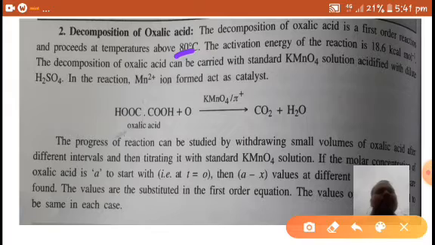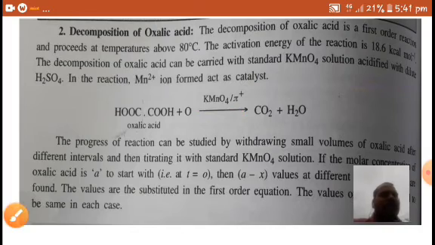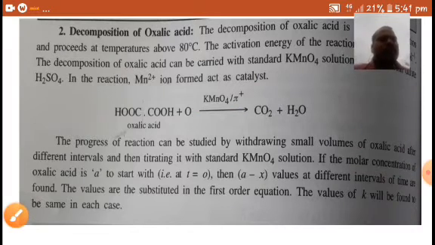The decomposition of oxalic acid can be carried out with standard KMnO4 solution acidified with dilute H2SO4. In the reaction, the Mn2+ ion is formed as a catalyst. So the progress of the reaction can be studied by withdrawing small volumes of oxalic acid after different intervals and then titrating it with standard KMnO4